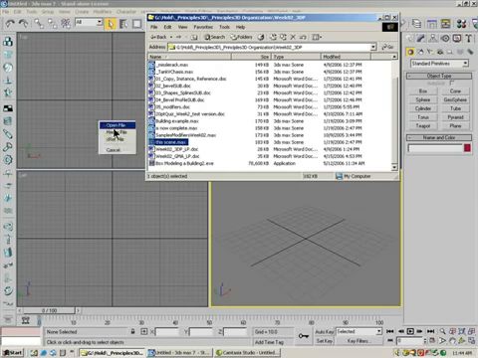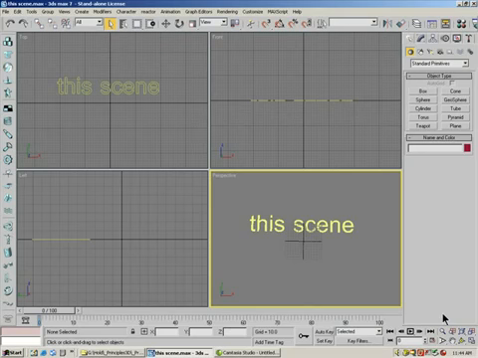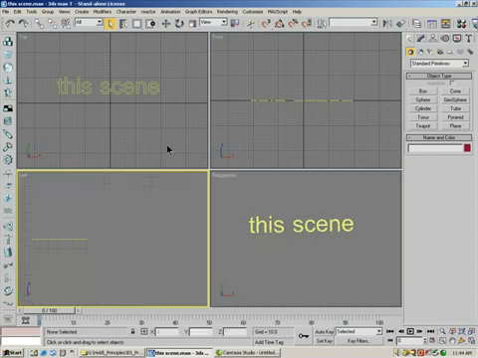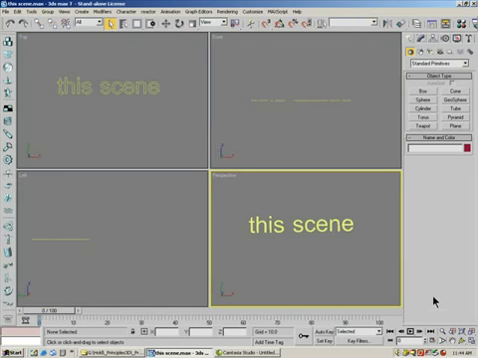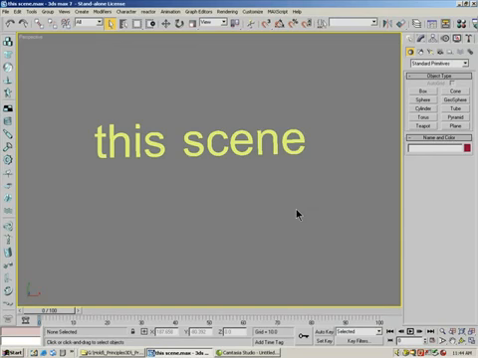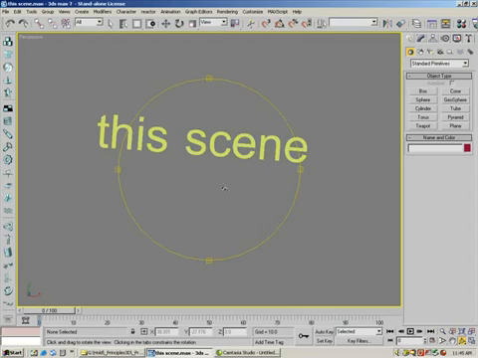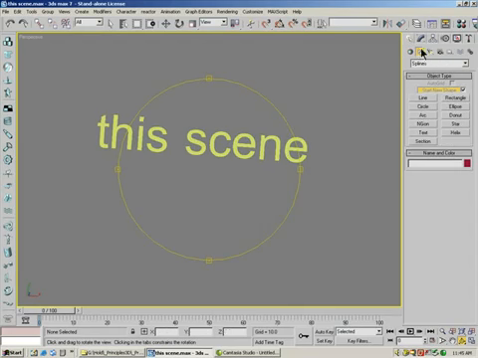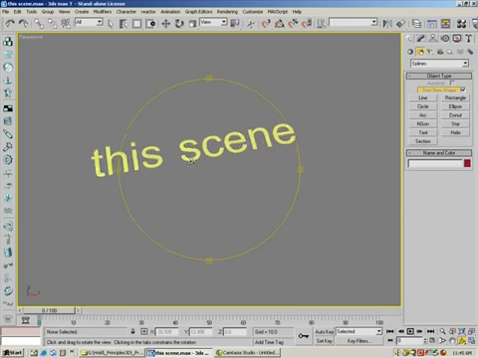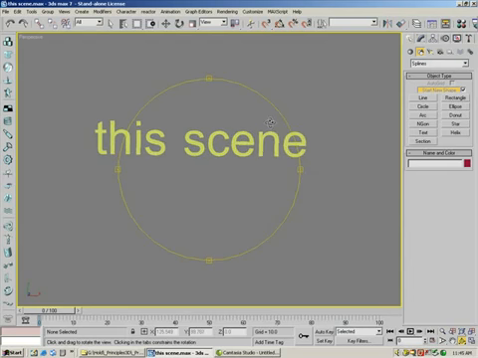I'm going to open this, and you'll see that what we end up with is just a simple text file. I'm going to turn off the grid here, and I'm going to maximize this screen using the maximize viewport toggle, and now I'm just rotating that around. But it's just a simple text object. You can get to the text objects by going to Shape and Text, and then you just type in your text, you choose your font, and you can make them editable polys or meshes when you're done, and that'll fill